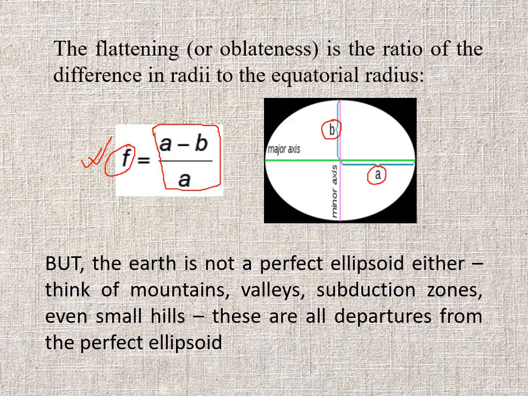So now what will happen? The shape of the surface of the earth is now governed due to the variation of density, or in other words, due to the variation of the weight. You all know that weight is strongly related with the density of the component, or with the density of the material. So basically, the centrifugal force or the gravitational attraction force will vary depending on the different density of